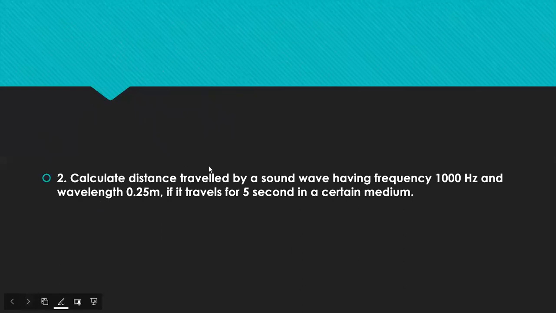Second question is calculate the distance traveled by a sound wave having frequency 1000 Hz and wavelength 0.25 meter if it travels for 5 seconds in a certain medium. So we will write given, our frequency is given 1000 Hz, wavelength is given 0.25 meter,